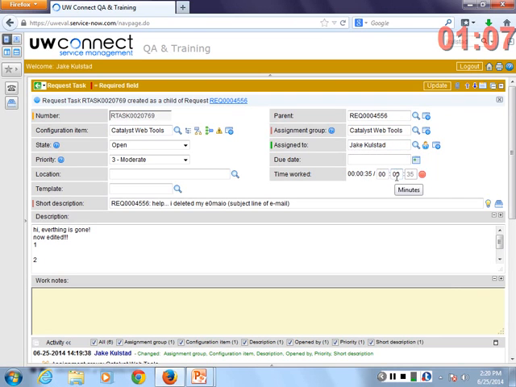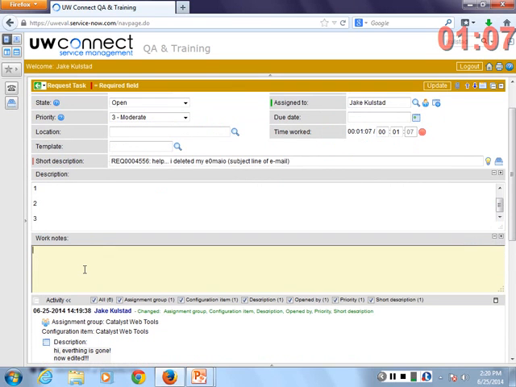Down on the bottom right, we actually have a clock that starts ticking. So if you would like this, you can let this click while you're working a record, and it's going to keep track of both your current and cumulative time. So each time you open up a task, it starts ticking and starts adding to the cumulative. This is not going to report automatically to Dynamics or anything like that, but it's useful for you if you want to track your time. The description gets copied over from the request.